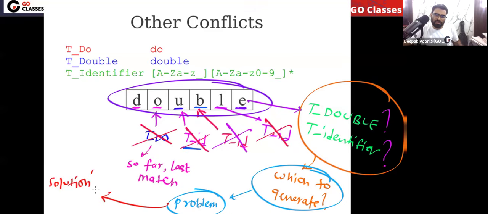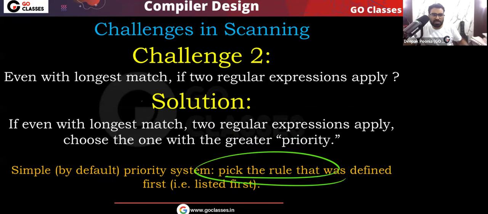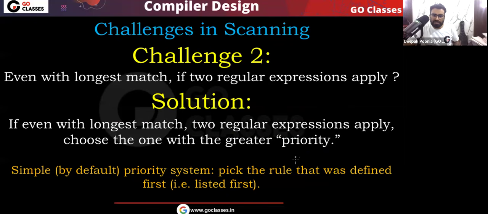Let's see what the solution is for this problem. The solution is priority. Very simple. Even with the longest match, if two regular expressions match, then choose the one with higher priority. And by default, if nothing else is given in the question, the priority system is to pick the rule which is defined first,